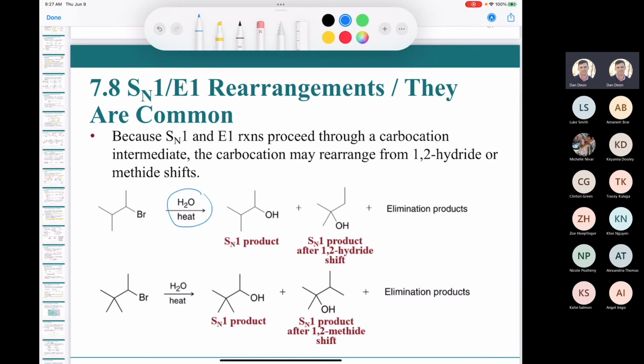You don't have a strong base, so it's not going to undergo an E2 reaction. And so this is going to undergo SN1 or E1. The first step is going to be the loss of leaving group, and we end up forming this intermediate. Okay, so we have this secondary carbocation. Now, if the nucleophile comes in, attacks, we do a proton transfer, we end up